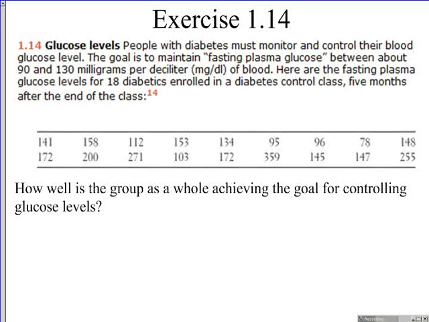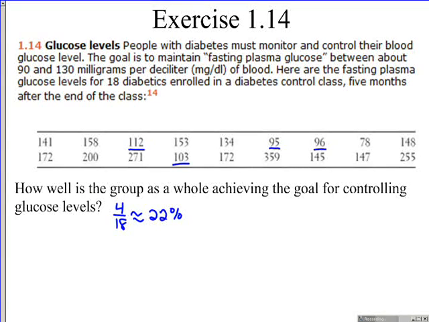So we don't even need a graph here to answer this. We know our target is to be between 90 and 130. Well, between 90 and 130, there's 1, 2, 3, and 4. So only 4 out of the 18, or approximately